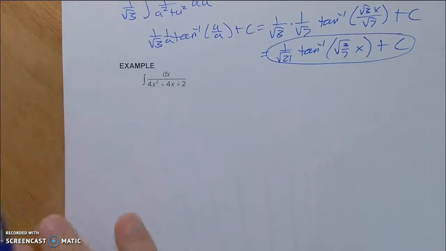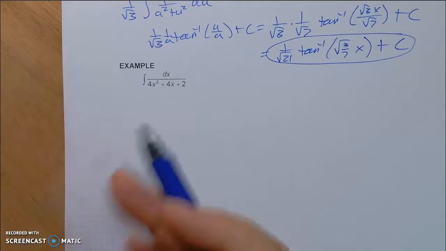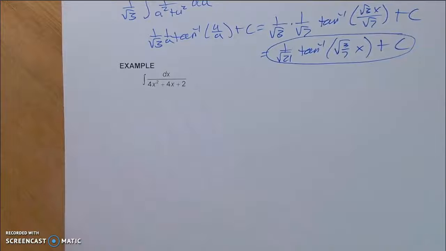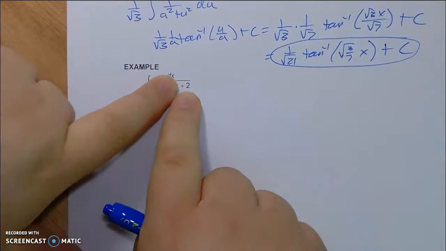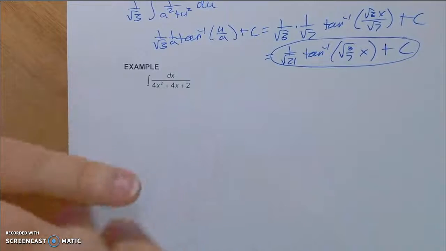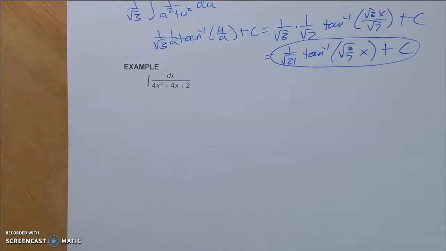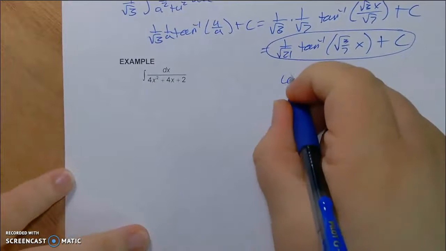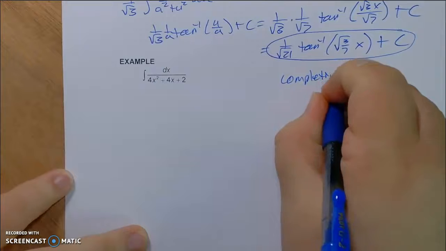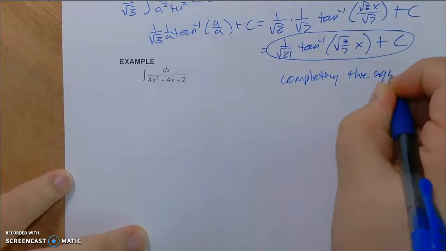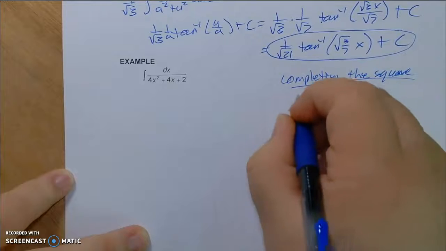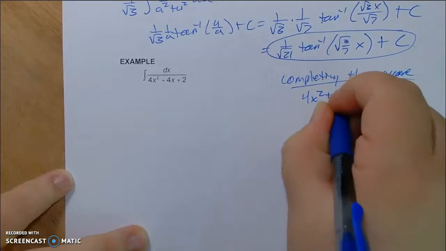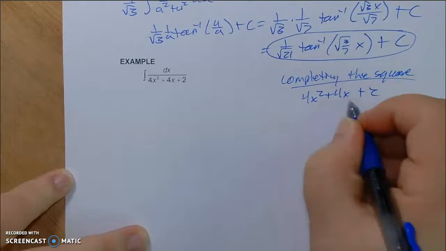Okay. So we look here, no radicals. So we're thinking inverse tangent, but we have something squared, a constant squared, but the 4x is throwing us off. You guessed it, we're going to have to complete the square. So completing the square,